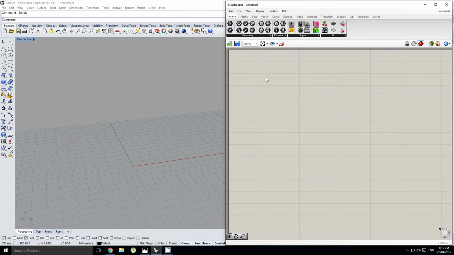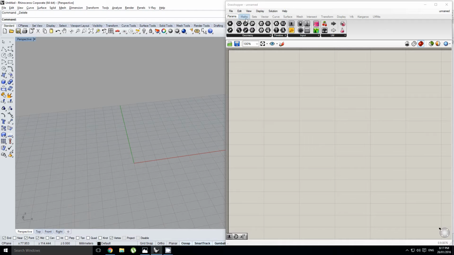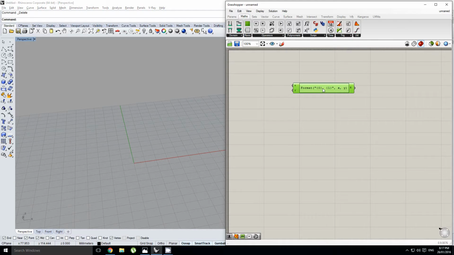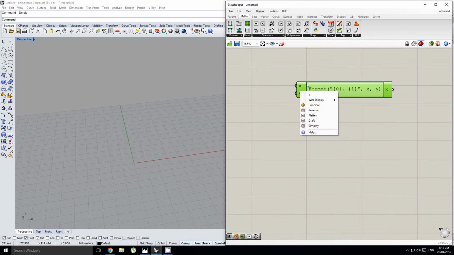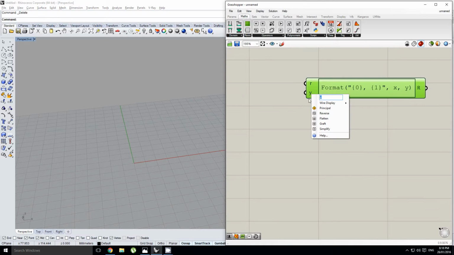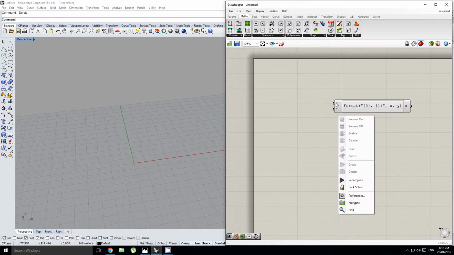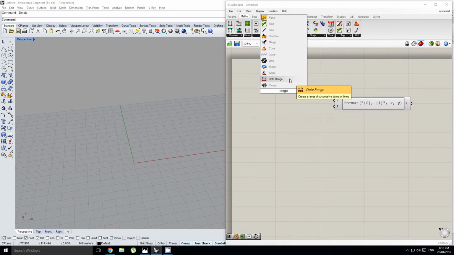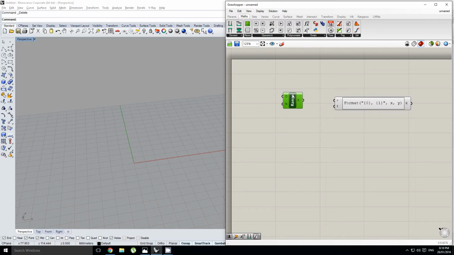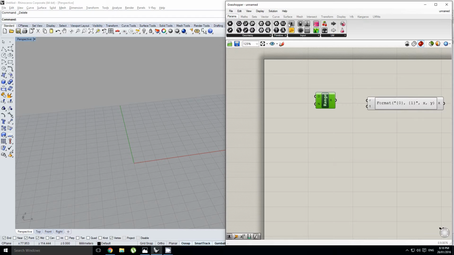Alright, so we're going to start with a brand new definition. And so what we're going to use is the expression editor. We'll start off by setting up our definition. In order to do this, I'm just going to use some custom variable names, and I'm going to use r for my radius. I'm going to use t for my parameter value. And so what we can do is we can start off with a range component, and we're going to make that